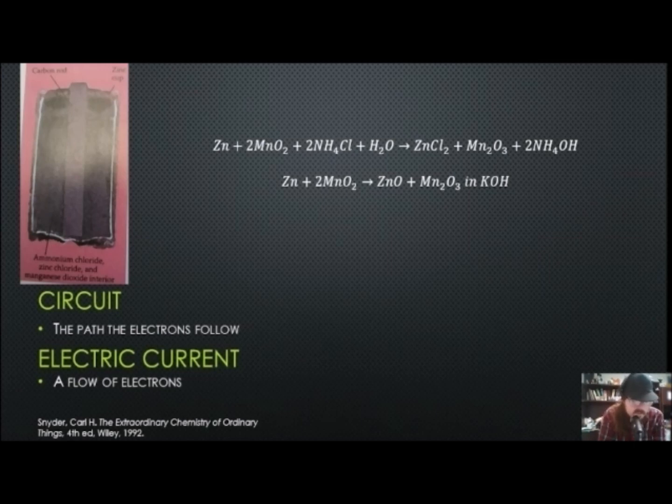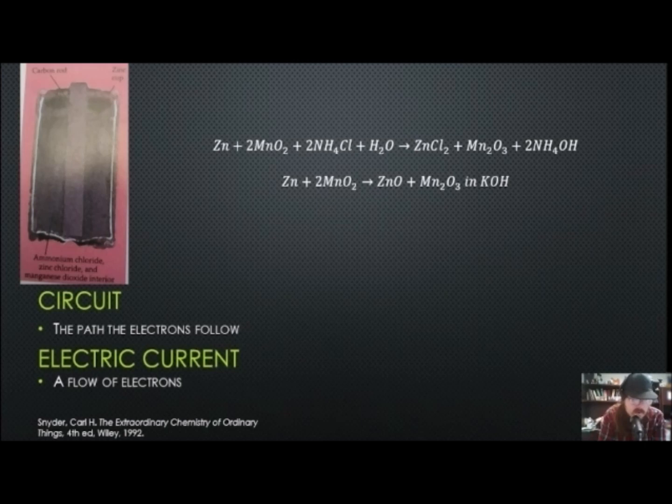As the zinc is oxidized to zinc oxide, we're releasing 2 electrons that can flow through. The actual reaction is zinc plus 2 hydroxide goes to zinc oxide and water. But the zinc will lose electrons, which will flow through the metal casing, complete the circuit, power the light bulb, power the battery, and then